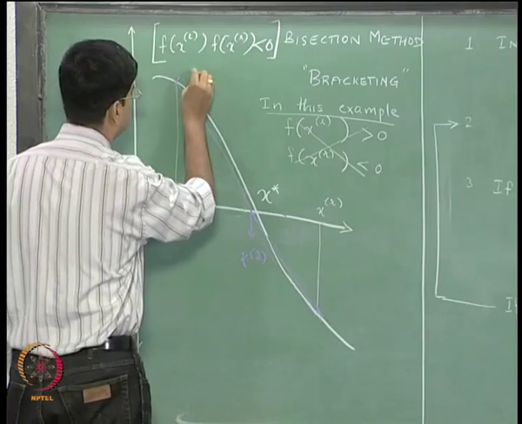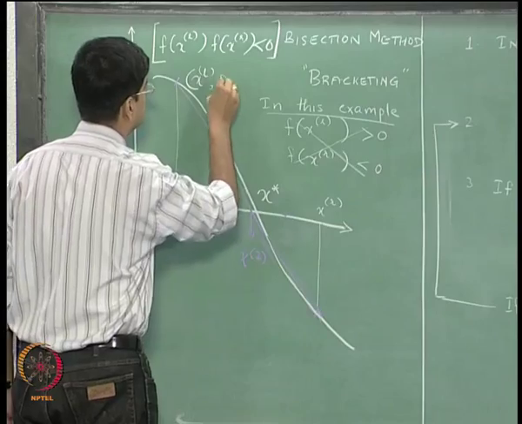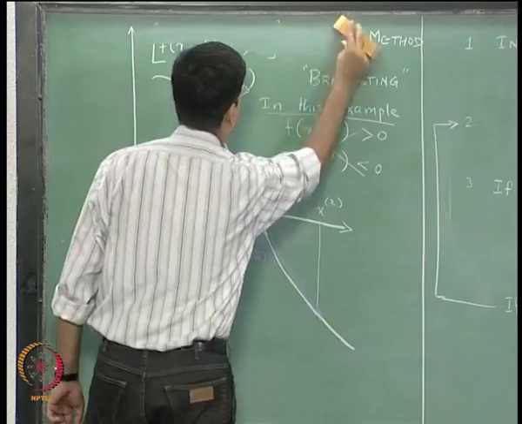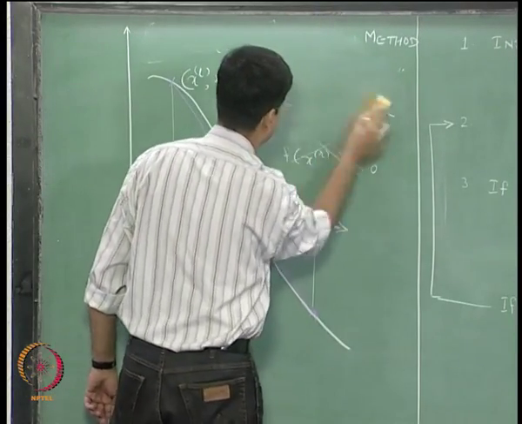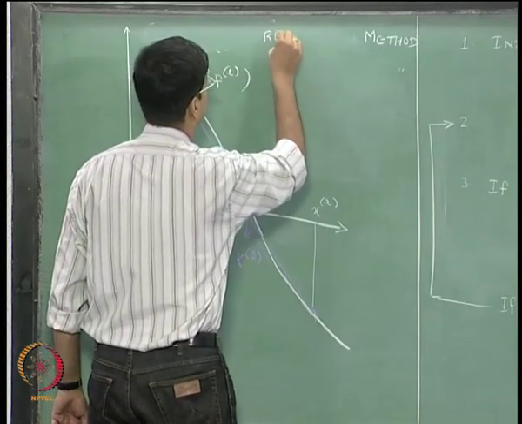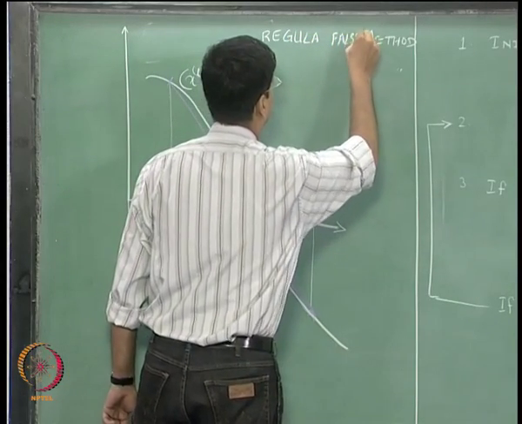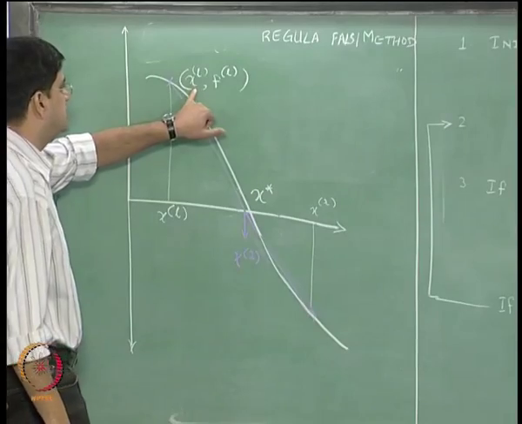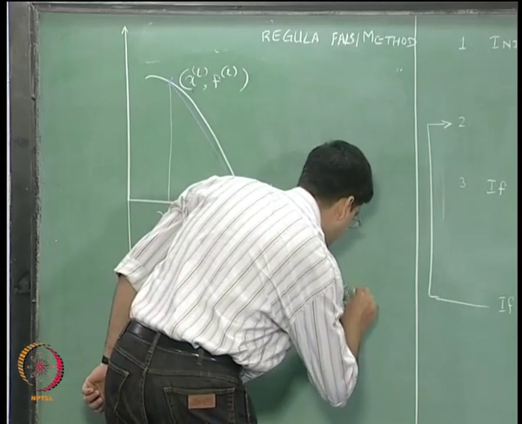The x coordinate of the point over here is x_l and the y coordinate is f_l. Since we are no longer using the bisection method but the regula falsi method, I will just write that down over here. So this particular point is (x_l, f_l), this particular point is (x_r,